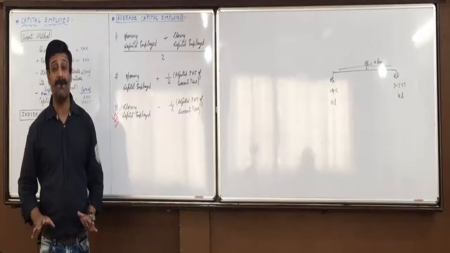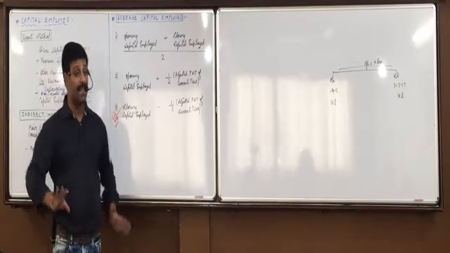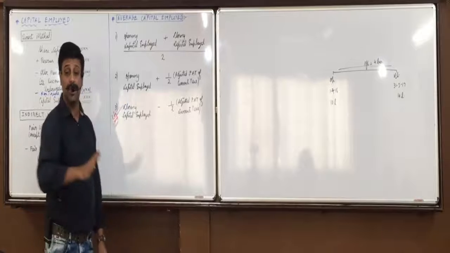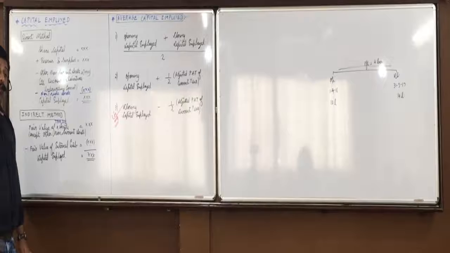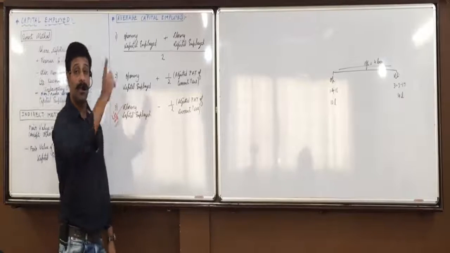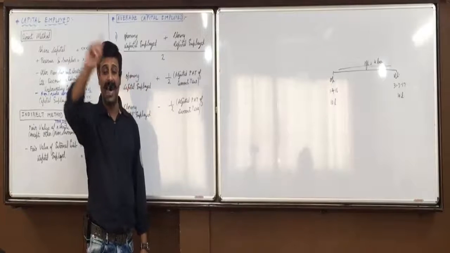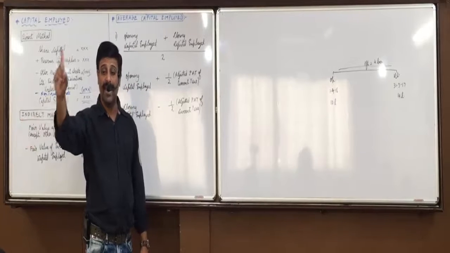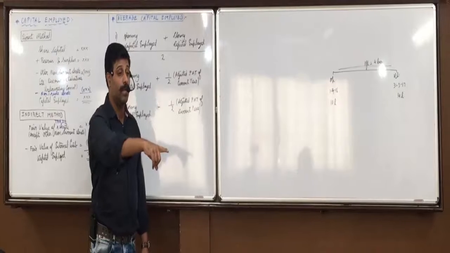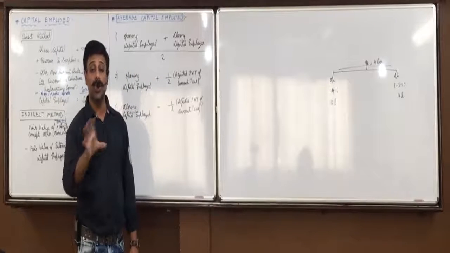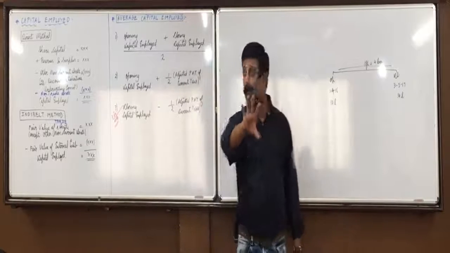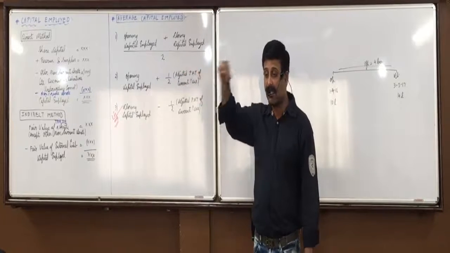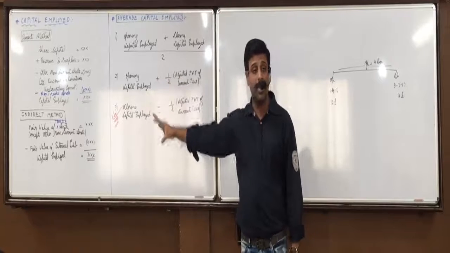However, in the majority of college examples, in fact in all goodwill examples, they have always mentioned to use closing capital employed. But if nothing is mentioned, we should always use average. It is only one example of valuation of shares, where to find the valuation of shares we have to find the value of goodwill, and where nothing is mentioned, use closing or opening. So in that example only, in the whole chapter, two chapters, we are going to find average capital. Otherwise, in the majority of examples we are going to find closing capital.